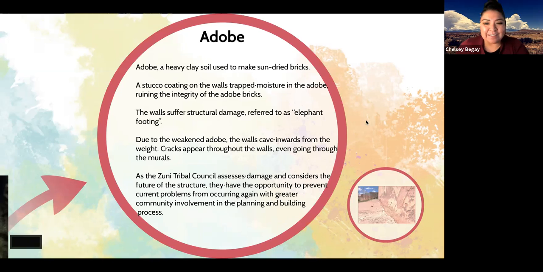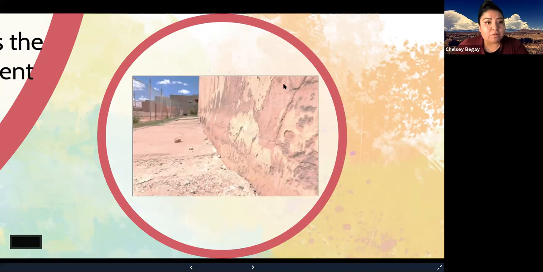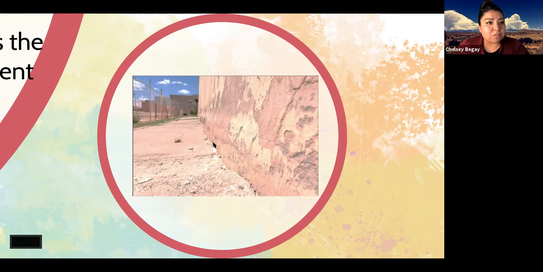Thanks, Michaela. And talking about how buildings shift and can cause some damage over time, you can see it in this picture. This is a picture of one of the walls of the mission, and you can see what was phrased in the text as an elephant foot. You can see it's kind of bulging out at the bottom, and that's where that adobe has deteriorated and turned back into its natural state and started to settle down and expanded at the bottom of the wall. So you can see this elephant foot.